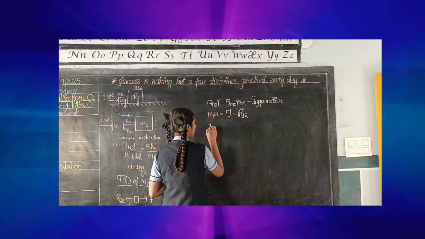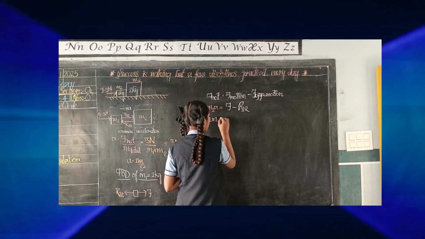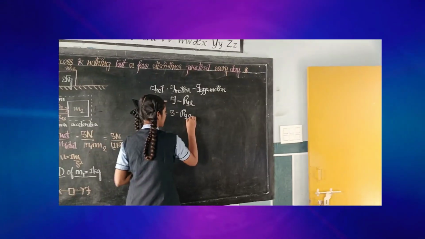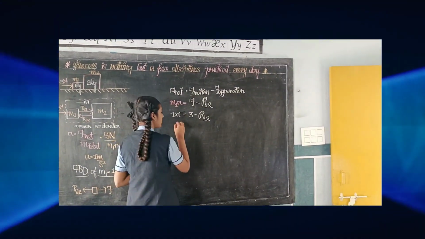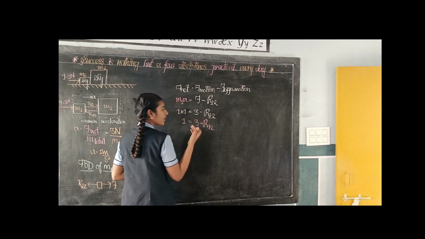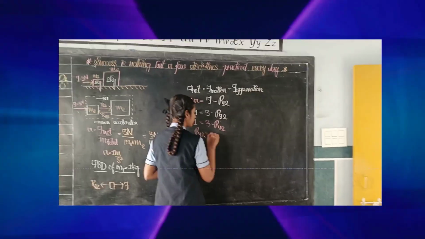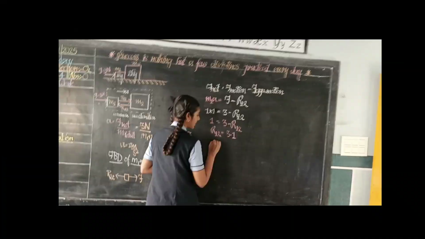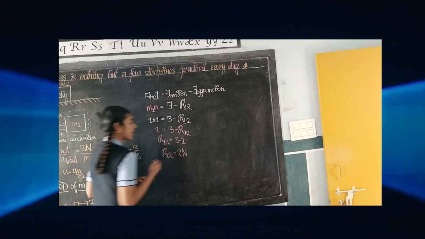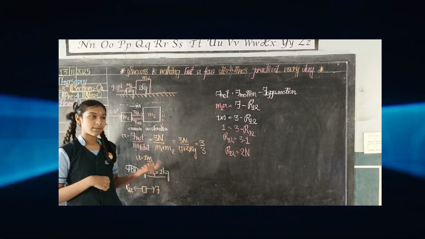So, M1 value is 1 into acceleration value is 1 meter per second squared. And force applied is 3 newtons. Minus, we don't know the reaction, so we are keeping it as is. Then 1 into 1 is 1, equal to 3 minus R12. Here transposing R to the other side and 1 to the other side. So R12 is equal to 3 minus 1. Then R12 is equal to 2 Newtons. Here R12 is equal to R21. So the reaction between the M1 body and M2 body is 2 newtons.